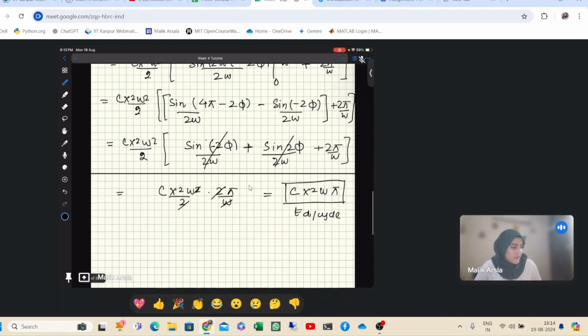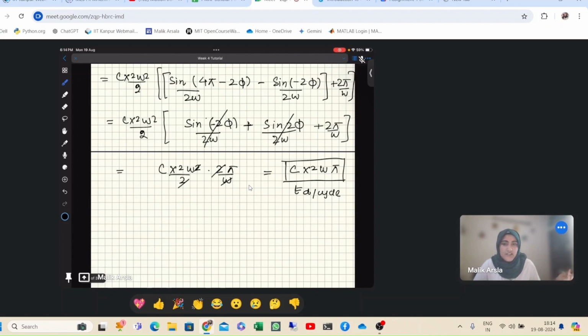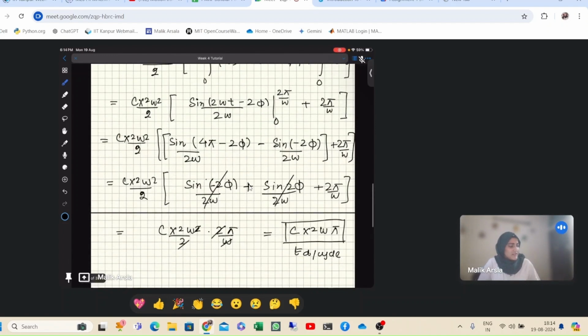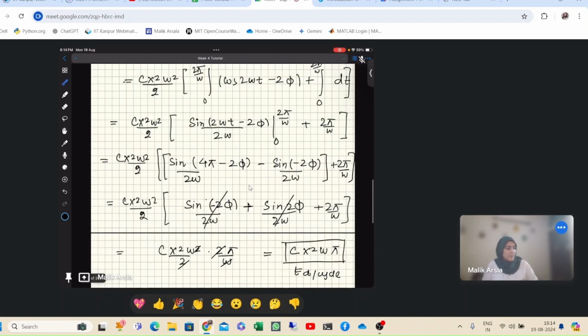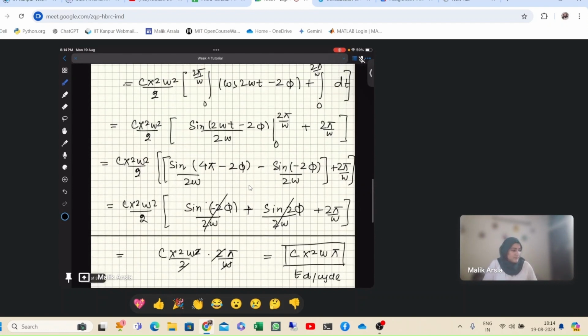So you may note it down. If you have already done, that's fine. If not, then I'll give you 2 more minutes. Then we can start with the questions. Ma'am, what about the formula for energy input to the same type of system per cycle? Will it contain sine phi term? Yeah, that is correct. That will contain sine phi term. Okay, ma'am. The energy dissipated is independent of sine phi, and that is why it's also useful for us. Yes, ma'am.